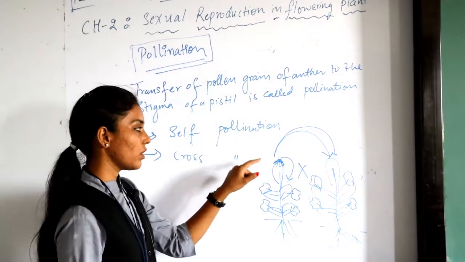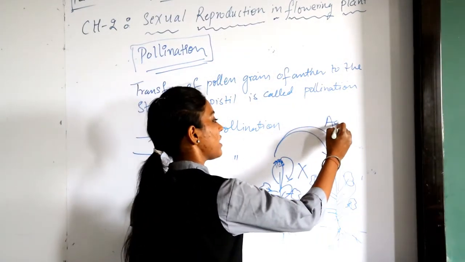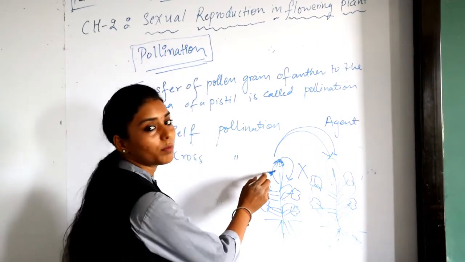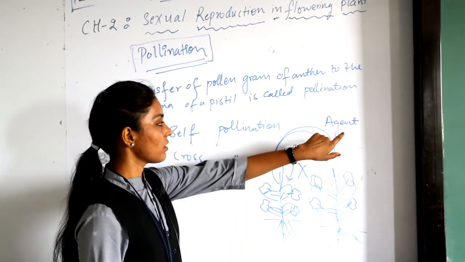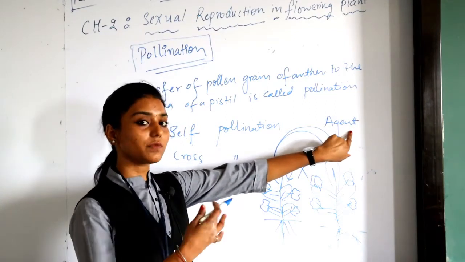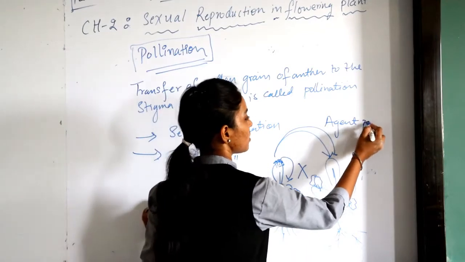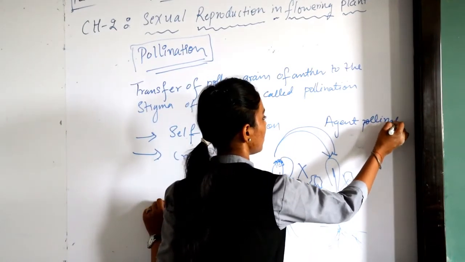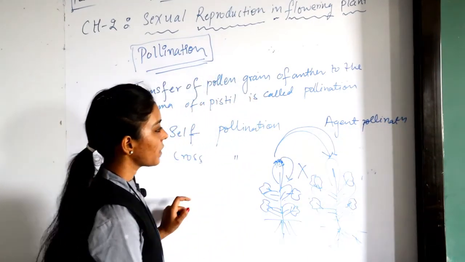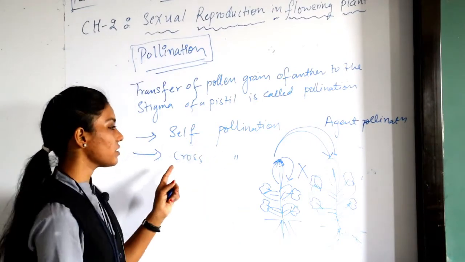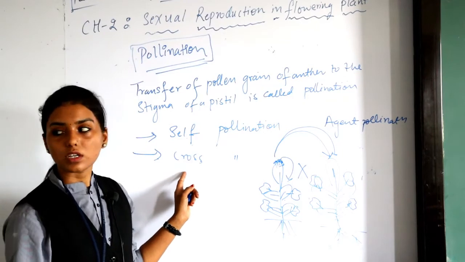Okay, so for pollination we require what? Agents. Agents are required for transfer of pollens. Regarding the agents of pollination, we'll see further in the chapter only, when we go with the agents of pollination. A topic is there which is immediate to this. I hope you have understood the topic, that is self pollination and cross pollination.